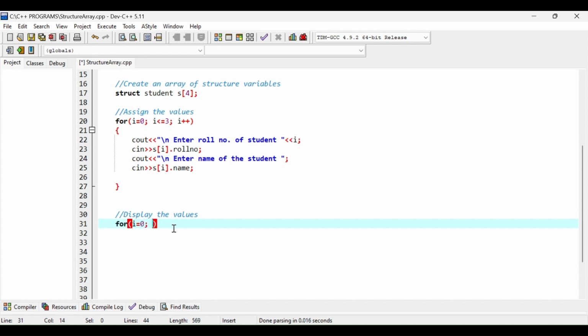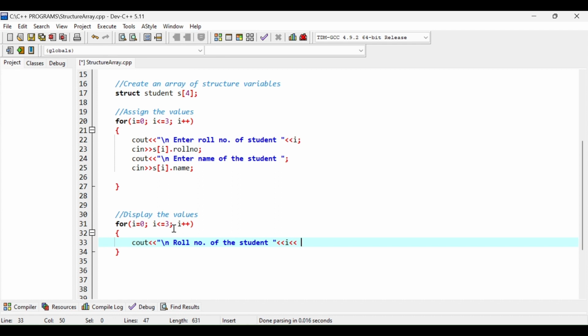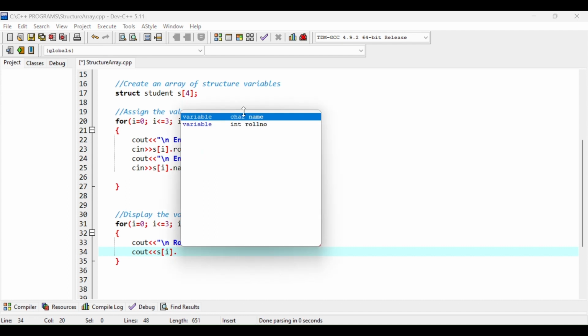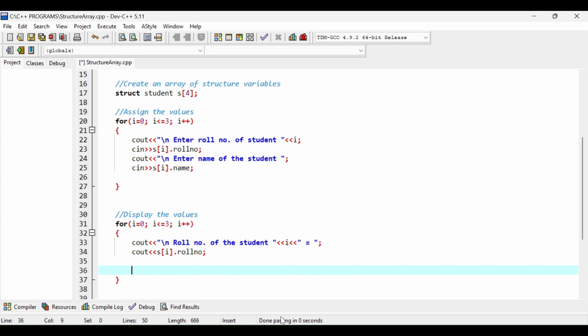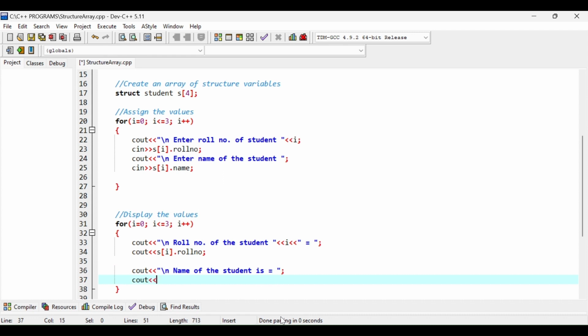So my for loop is repeated, i++, and inside here I will type \n roll number of the student, and then I want to display the value of i, and here is equal to, you may just reduce the space here and add one here, and here in the next line I will type cout s[i].rollnumber semicolon, and similarly we can have \n name of the student is equal to, and in the next line we can type s[i].name semicolon.